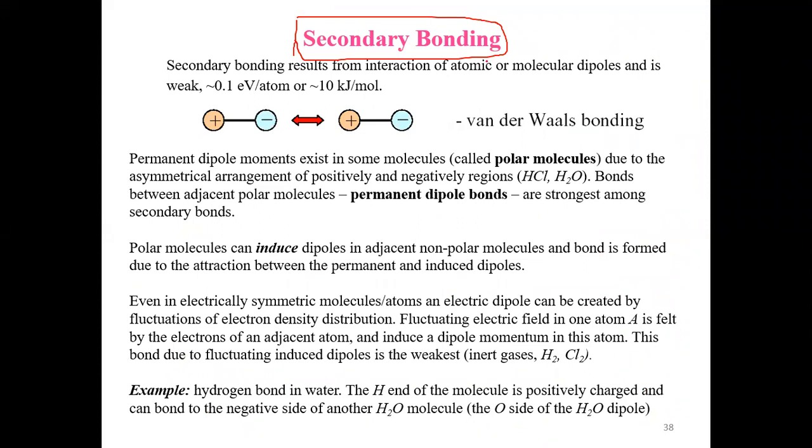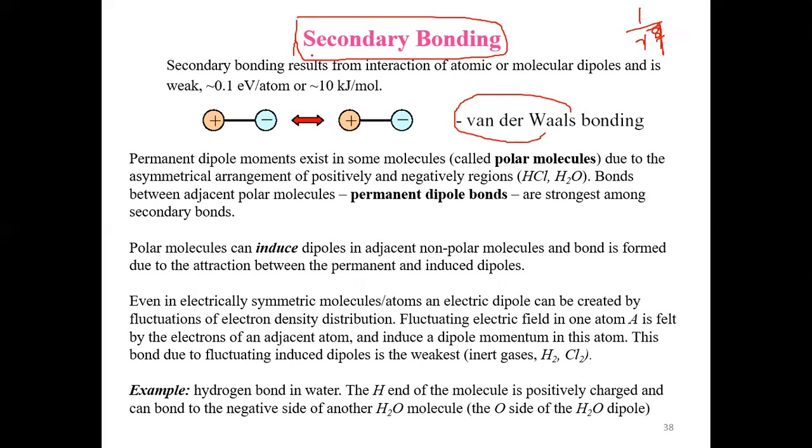Now, in the next topics, we are going to find out when there is a formation of secondary bond. Again, there will be a force behind the formation of the bond, and we'll see that this force is a very weak force, which is called van der Waals force, and which is proportional to a very high power of R. Normally, it is R to the power 8 or 9, or R to the power 7.